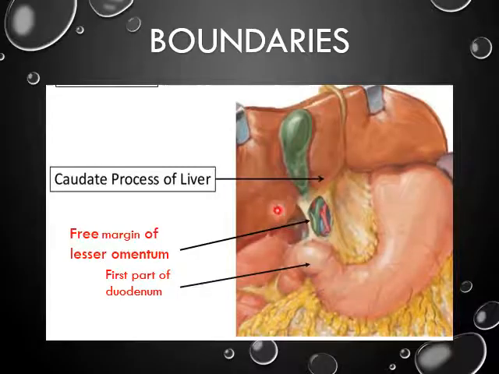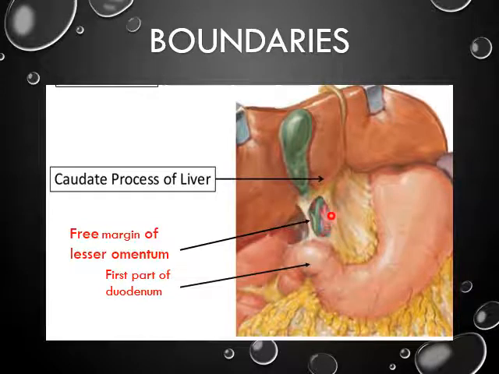Now, once again, the boundaries of the epiploic foramen. The anterior boundary is what we are looking at here. This whole structure is the lesser omentum. This one is the right free margin of the lesser omentum, where the anterior layer is continuous with the posterior layer behind. At the right free margin of the lesser omentum are enclosed three structures: the common bile duct, then the hepatic artery, and behind them the portal vein.